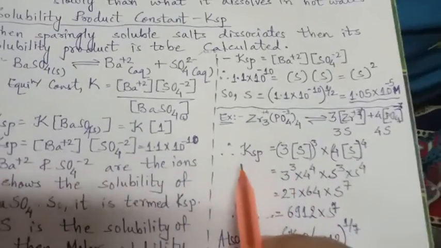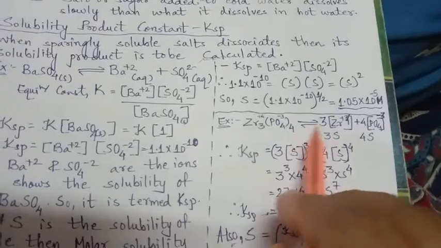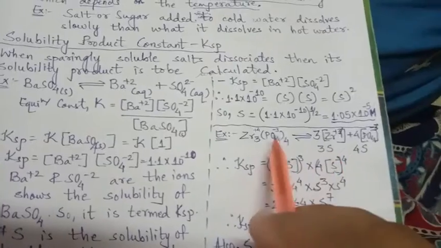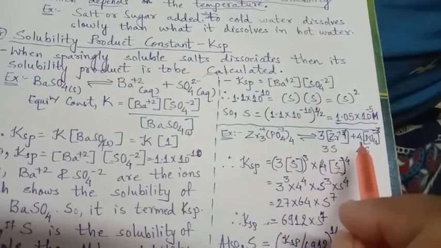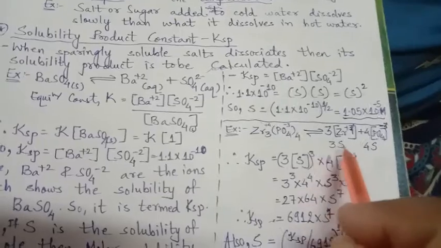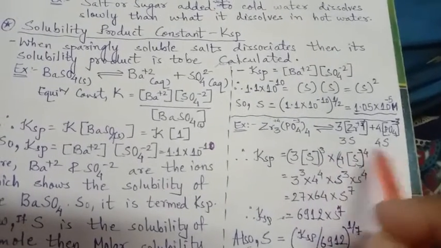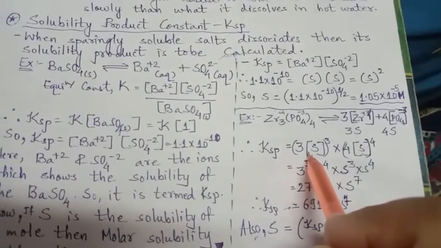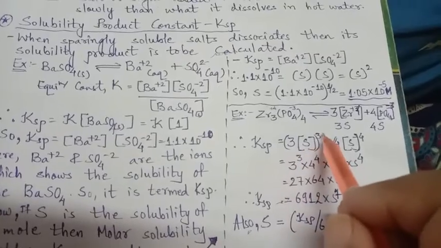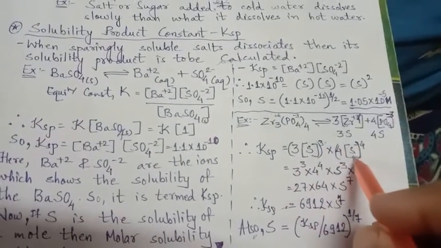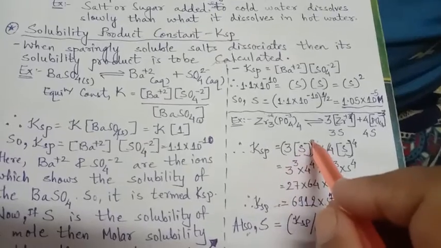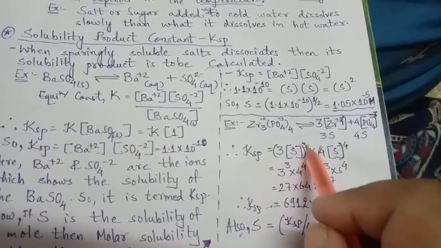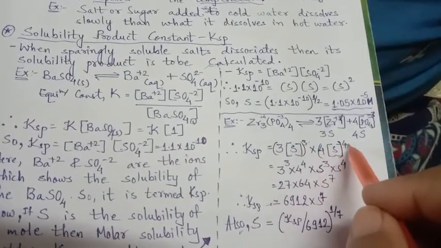Okay. Now Ksp is equal to, what is the power here? This power will go here, so it will be 3S, and this power will be considered for this, so it will be 4PO4. So this is 3S and this is 4S. (3S) raised to cube. Again, the very first topic of the equilibrium: concentration of A raised to coefficient a, concentration of B raised to coefficient b, capital A raised to small a, capital B raised to small b. So here 3 is the coefficient, so it will be the power. 4 is the coefficient, it is the power.